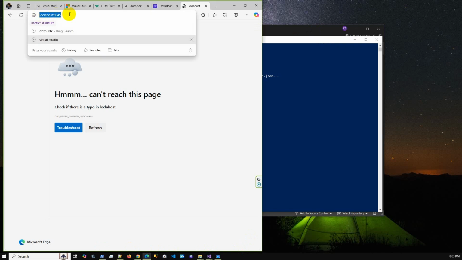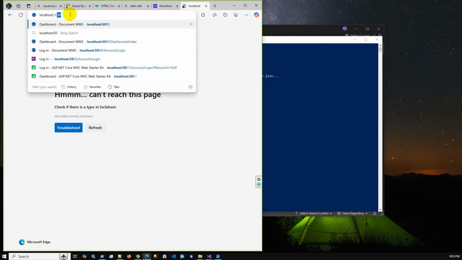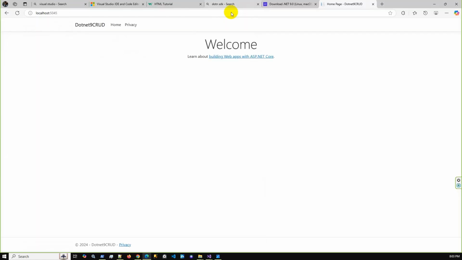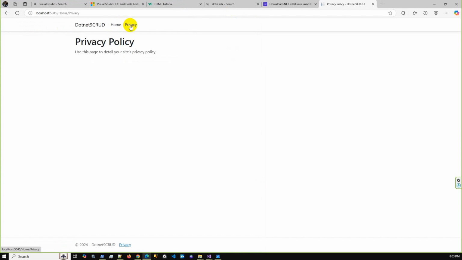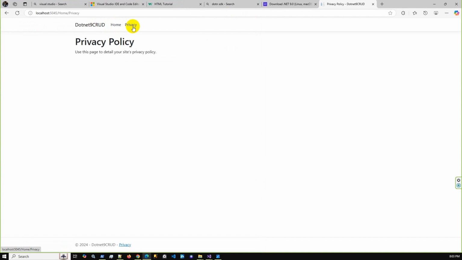Sorry, there is a spelling mistake. Localhost 5045. So this is the default template, home and privacy, just default routing, and we can move from one page